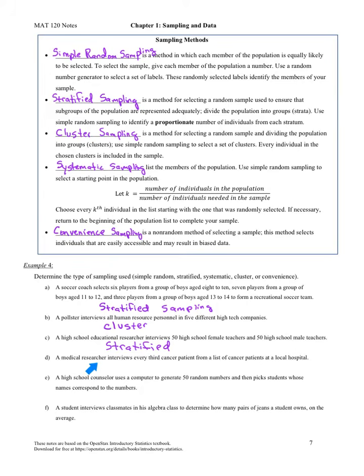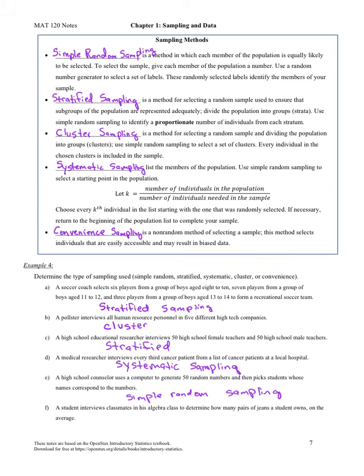In letter D, a medical researcher interviews every 3rd cancer patient from a list. In this case, it looks like we chose every 3rd individual or every kth individual in the list. This would be an example of systematic sampling. In letter E, we have a counselor that uses a computer to generate 50 random numbers and then picks the students whose names correspond to the numbers. So in this case, since we're using a random number generator to select the kids, this would be simple random